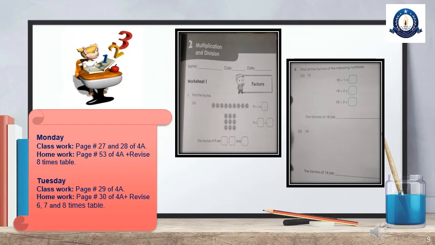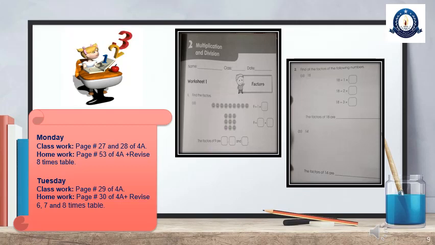Now let's see page number 28. Look at page number 28. Question number 2 is find all the factors of the following numbers. First number, A part, is 18. Now you will find the factors of 18. 1 18s are 18. 2 how many times 18? 2 9s are 18. 3 how many times 18? 3 6s are 18. These are the factors. Make arrows and then write down the factors from least to the greatest.